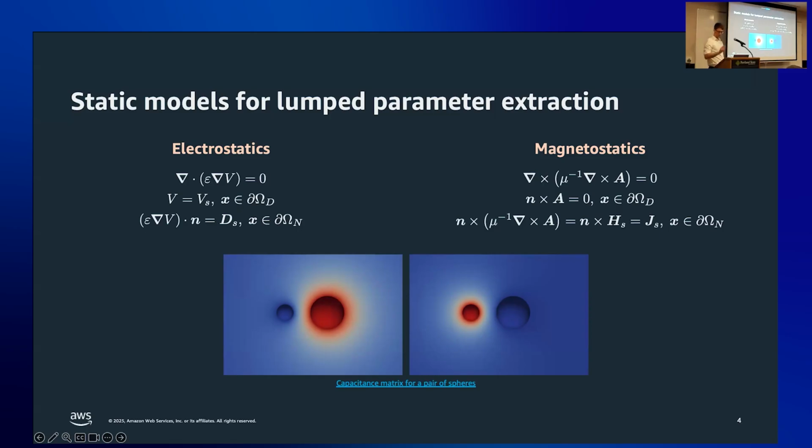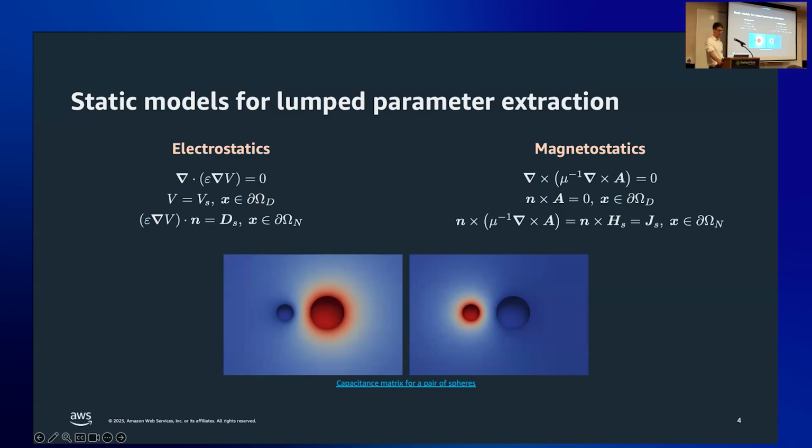in the circuit. This picture is actually taken from our 2 spheres example, which is slightly contrived, but allows you to compute the capacitance between 2 spheres and shows how you would run 2 simulations, one where you charge each of the spheres in turn to unit, and the other one is held at ground. The other solver here, the